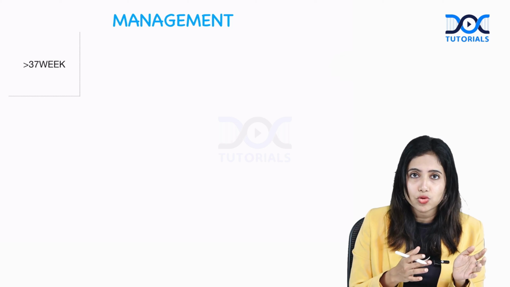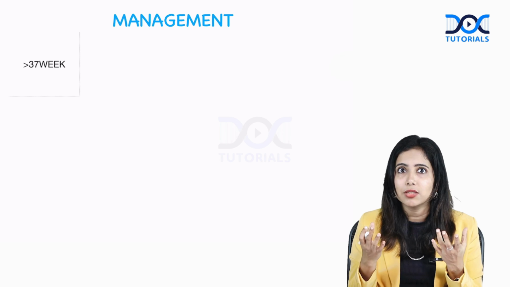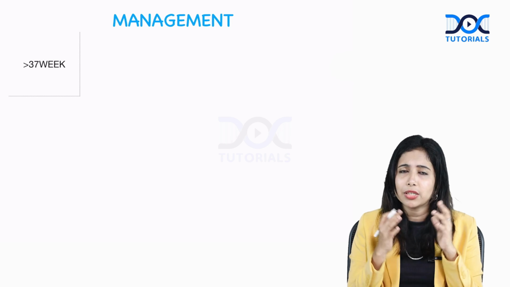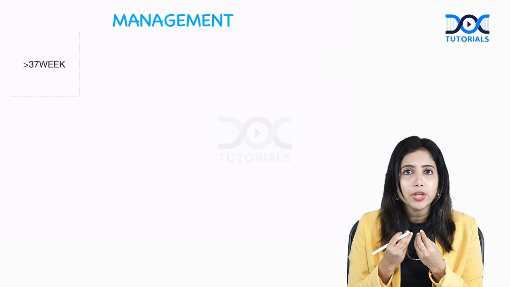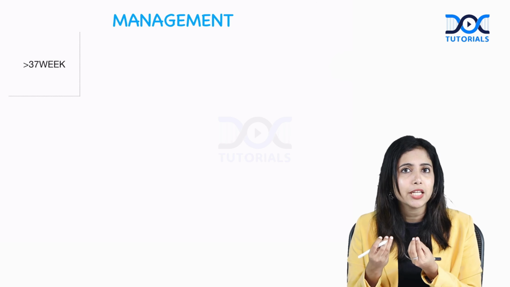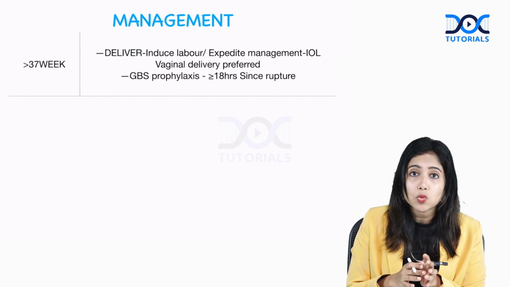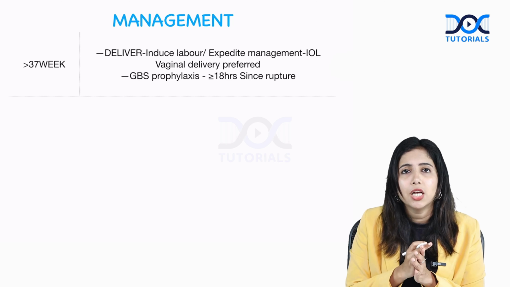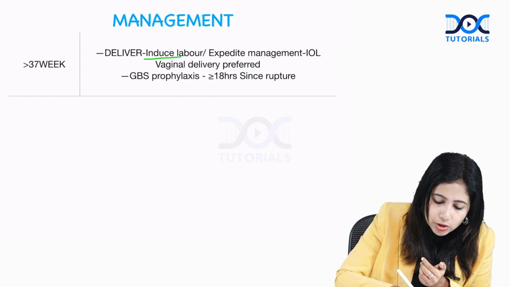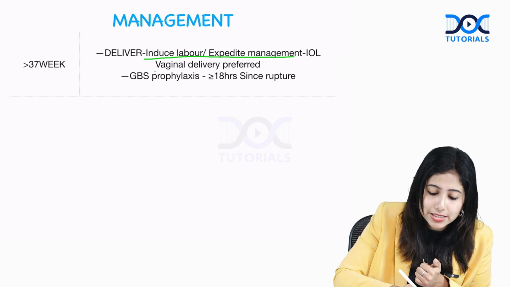If the patient presents to you at more than 37 weeks, she's already term, and I'm not much concerned about the prematurity part. The baby is well developed. So at this point of time, I need not give the patient any form of steroids. I need not give any form of tocolysis to decrease the contractions, right? In these patients, we can induce the delivery. Do we need to do a cesarean section? No. We just have to initially induce or even accelerate the delivery by induction of labor, and